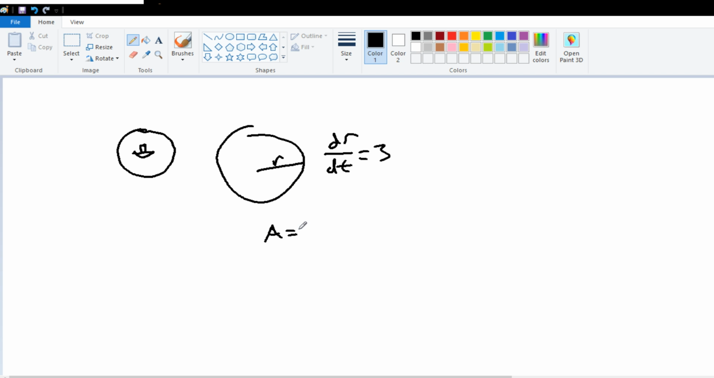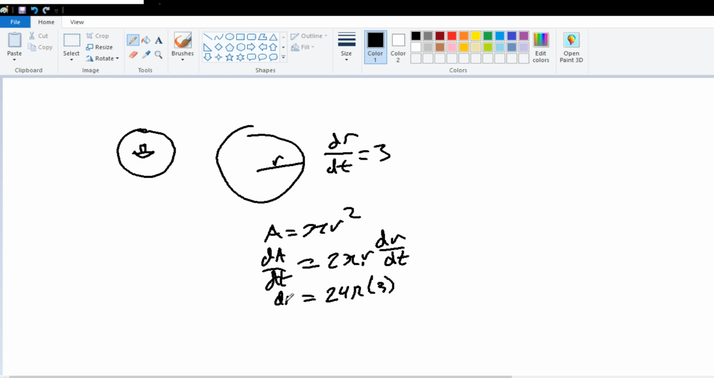And we want to find the way that the area is changing. So we know that area equals pi r squared, so dA/dt equals 2 pi r dr/dt. The radius, we're told, is 12 feet in the problem, so we get 24 pi times dr/dt, which is 3. That's our dA/dt. 3 times 24 is 72 pi. This is how our area is changing. 72 pi per